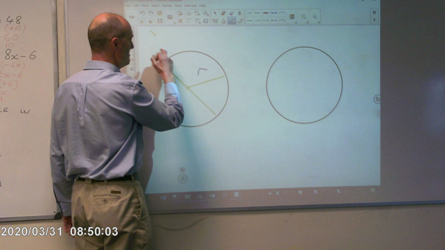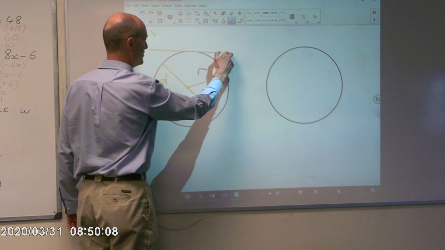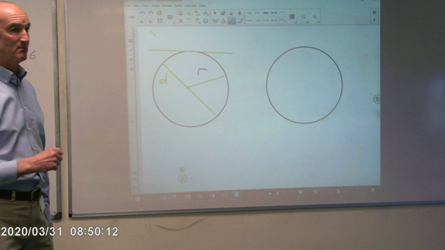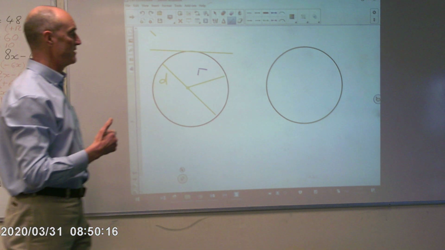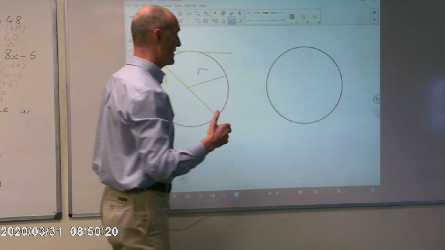A line that just touches the side of a circle is called a tangent. That's something we haven't done a lot of. It's just something for you to try and remember. And the term we talked about yesterday